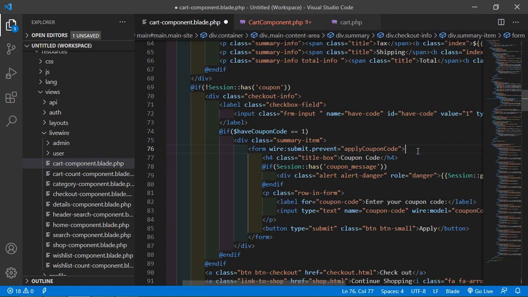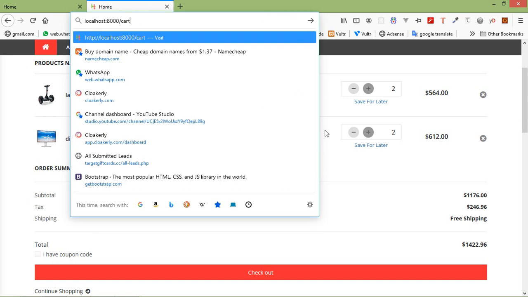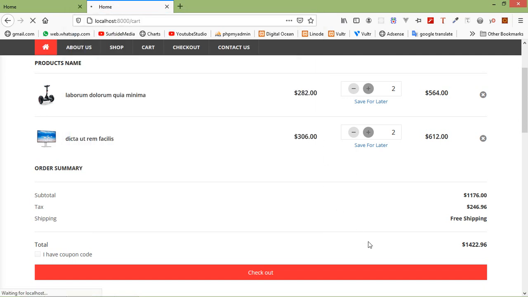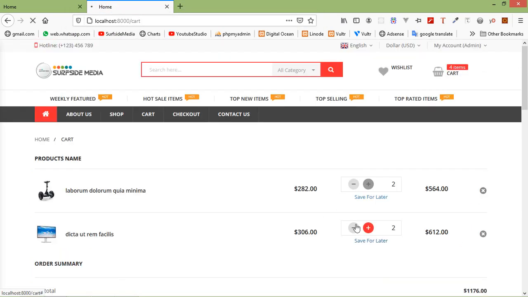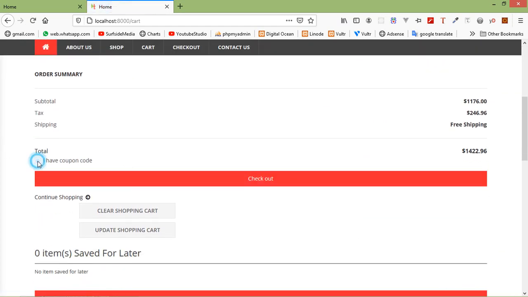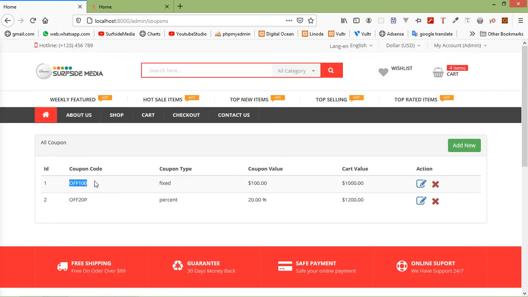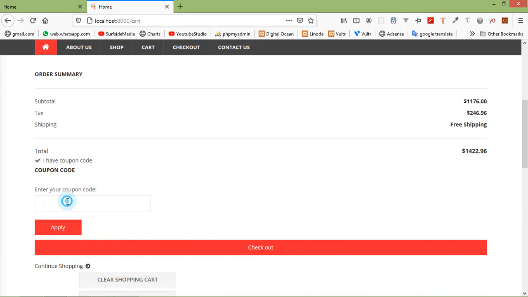Okay, now it's done. So save this file, and let's check again. So refresh the page. All right, now click on I have a coupon code and add this coupon of 100 and click on apply.